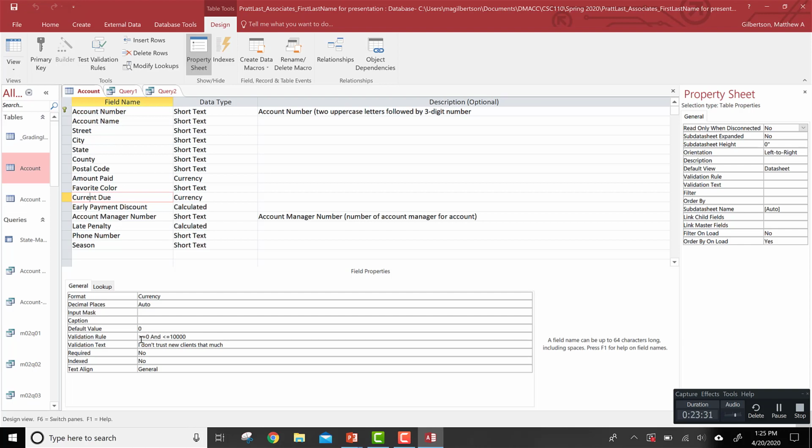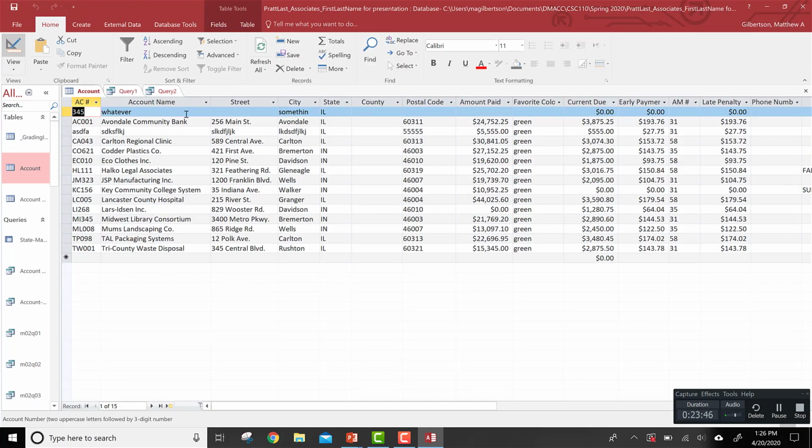And then you can see here, I've also already filled in validation text that says I don't trust new clients that much. So that will pop up on the screen if you break the validation rule. So it's already here, so I don't have to make any changes right now. I'm going to take this back into datasheet view, and then I'm going to try to change whatever record that I just created. I'm going to try to say their current due is,